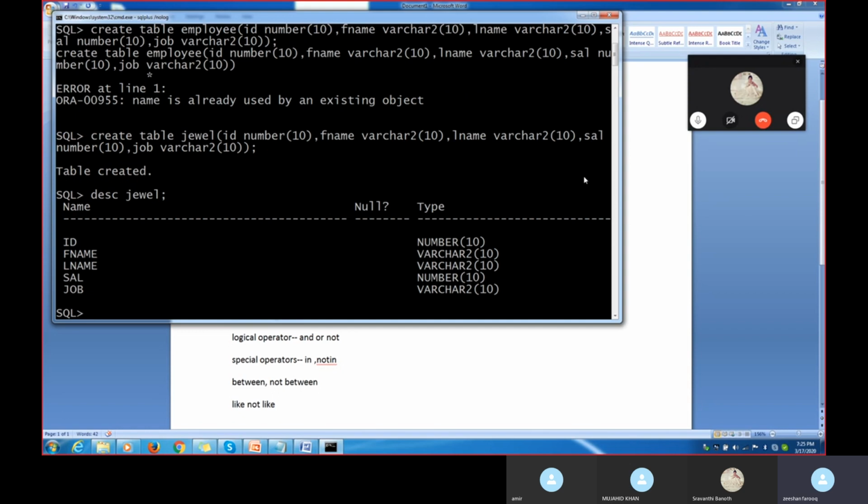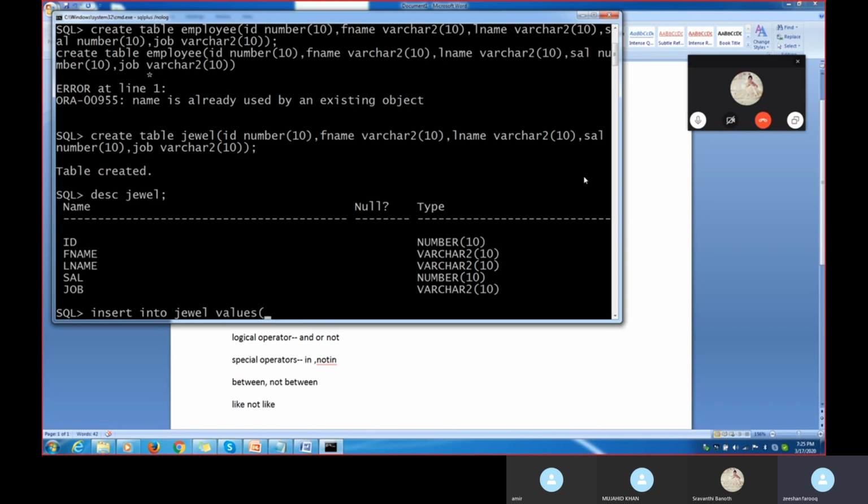I wanted to insert the values into my table. I am doing a shortcut method. I don't want to do insert into values again and again. I just want to do it only one time. Shortcut method I will apply now. Okay, insert into JOB values.